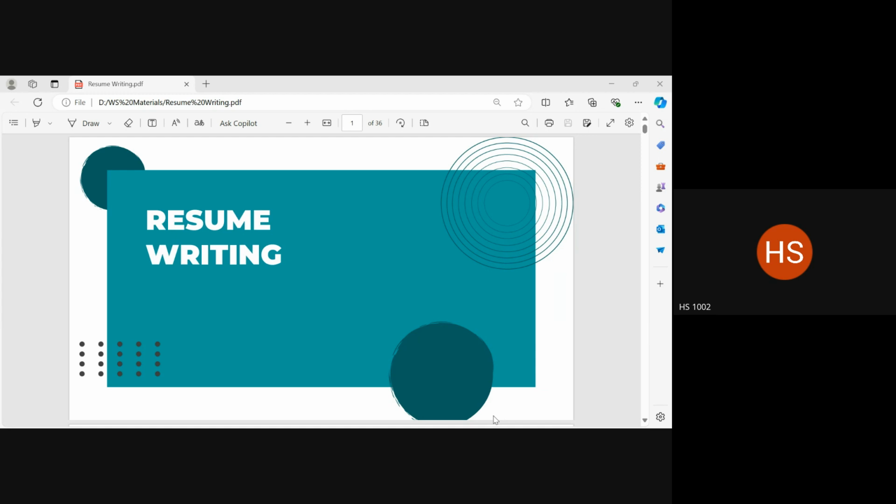Now, a resume is a specific kind of communication. It is professional in nature and it has a specific purpose to serve in that context. It is not an oral communication exercise, but it is written communication which follows certain parameters. And these parameters have to help you to land a job. So, a resume is a tool in that sense. Now, let's go on.